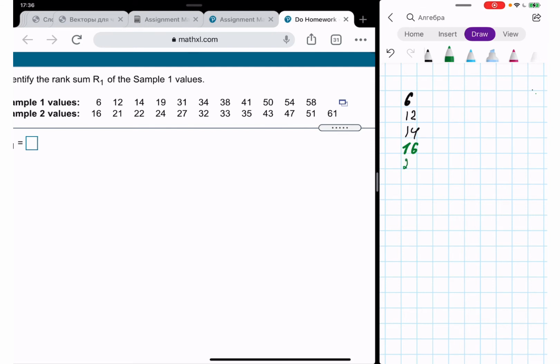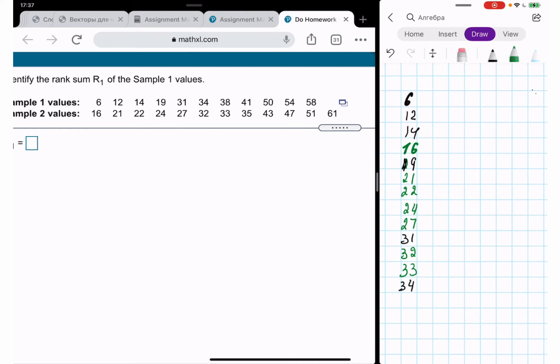And then 19, and then 21, 22, 24, 27, 31, 32, 33, and then 34,